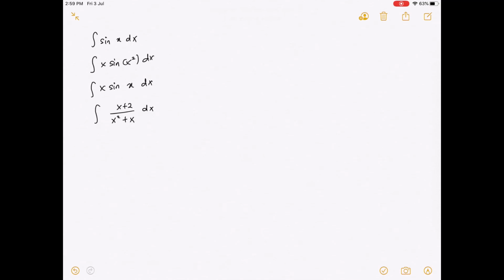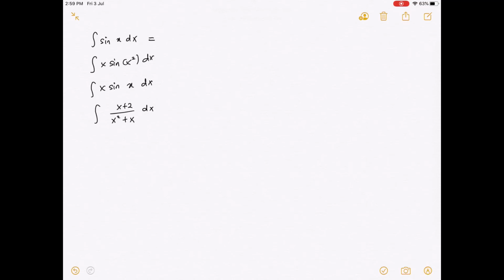Okay. So you have learned about 3 techniques to solve for integration: the substitution, by parts and partial fraction, on top of the general solution, which is using the table. So let's look into these four different integrations. You have to know how to distinguish between all the techniques. Okay, so the first one,